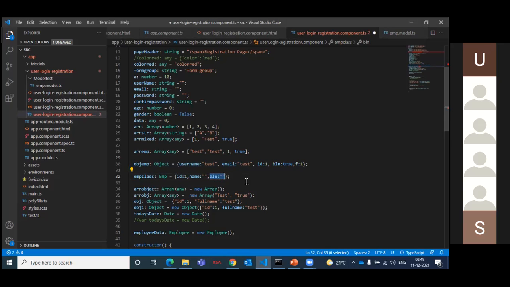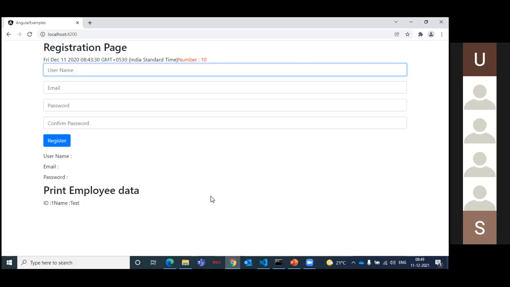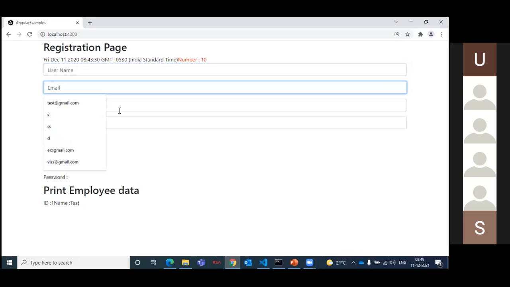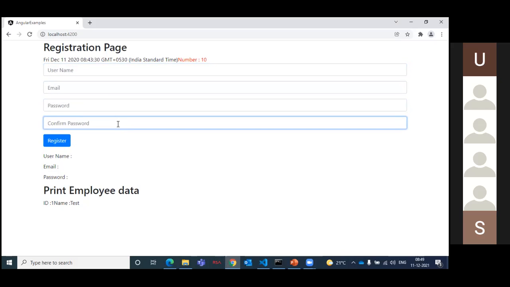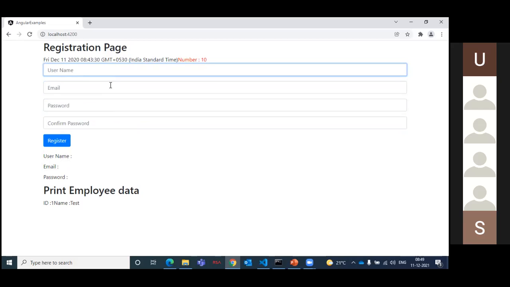So where are we going to use the model? Model is nothing but a class. Class is nothing but user defined data. Whenever you have any form, any page, Angular deals with models only. Model will hold this information. Okay, sir, can I hold this information in plain text, for example string, number, boolean? Yes, you can hold it. But ultimately you require one holding package. Here the model is nothing